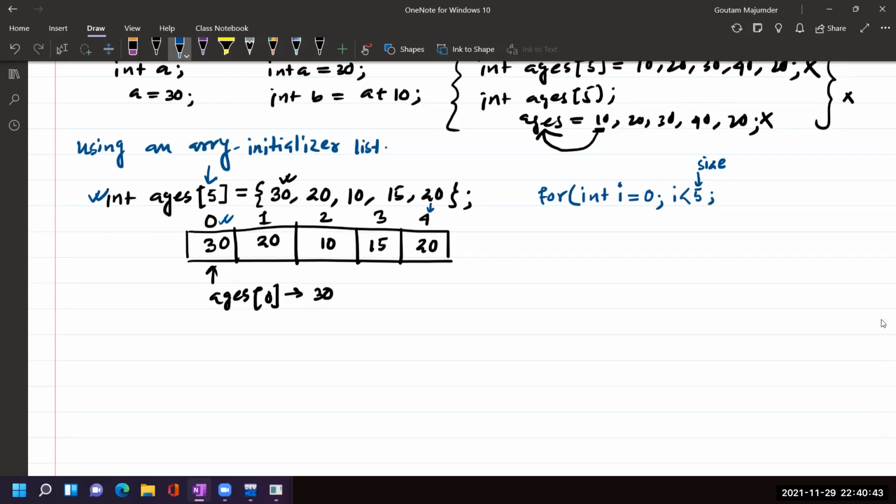And then how do we get the next index? The difference between them is 1, 1, 1. So how do we get from 0 to 1? Through the increment operation, i plus plus. Now see, through i I'm generating the index. So instead of writing each item inside the printf, we can directly write %d and then the array name, ages of i. Now it represents the i-th item of the array.